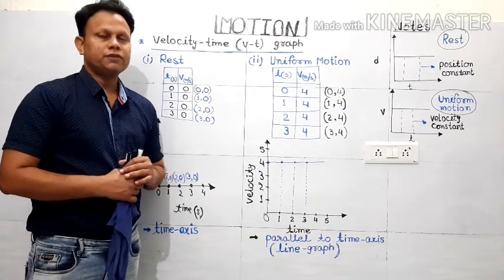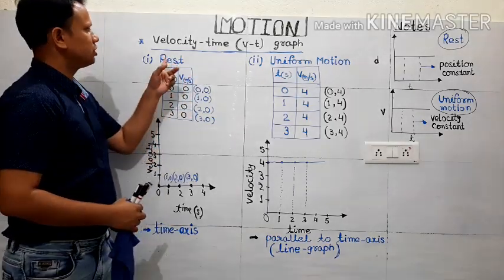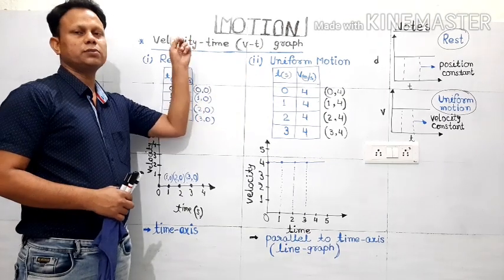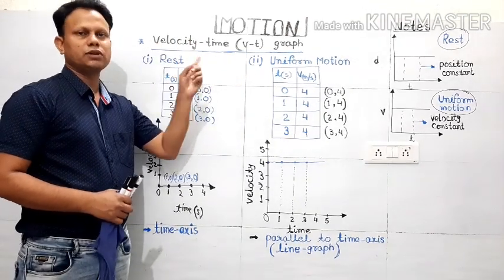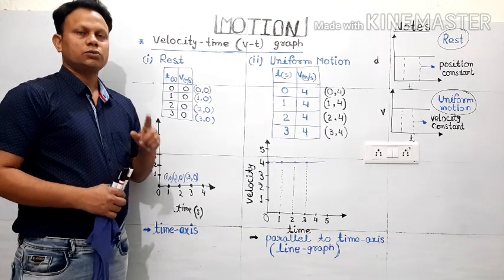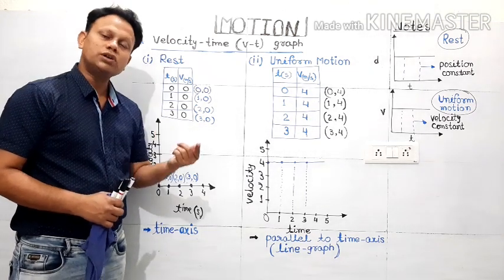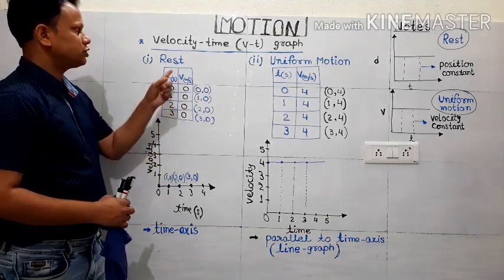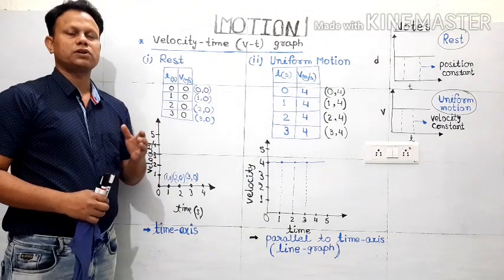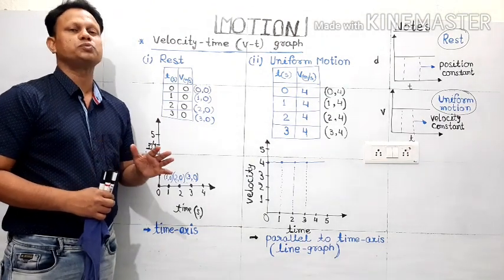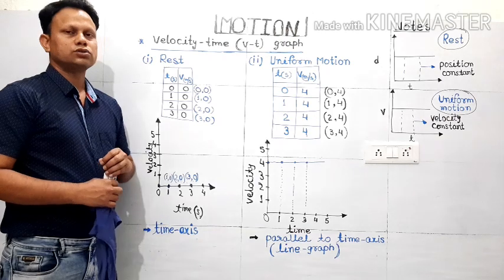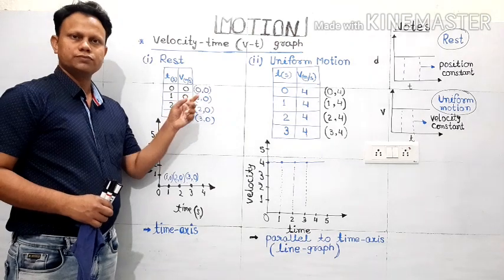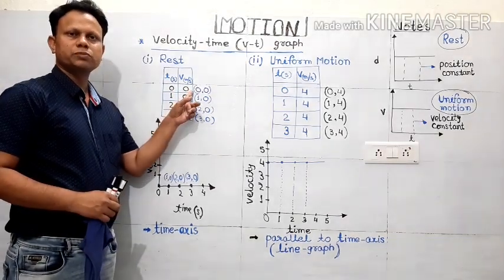So the very first situation we are taking here is the situation of rest. Since our path is straight, a velocity-time graph or a speed-time graph will be taken as similar. Now take care, we have to plot the speed of the object at different intervals of time. So the first situation is rest. As per rest, the body will have no speed, then only it is at rest. Suppose when I started my watch at 0 second, the speed will be observed 0. So at 0 second, 0 meter per second speed.